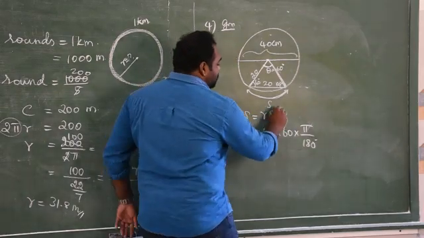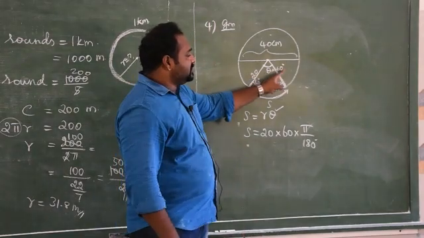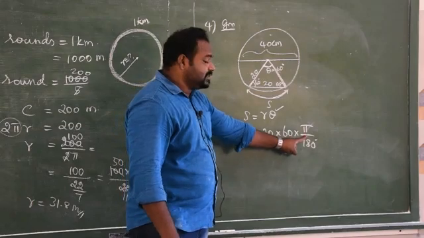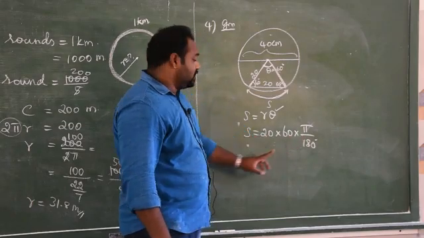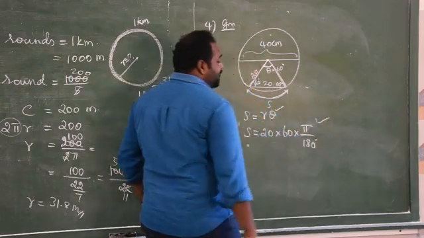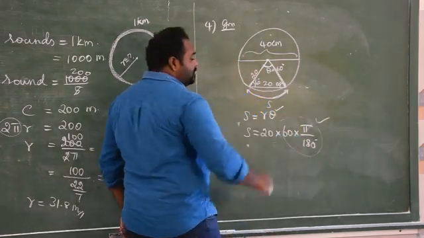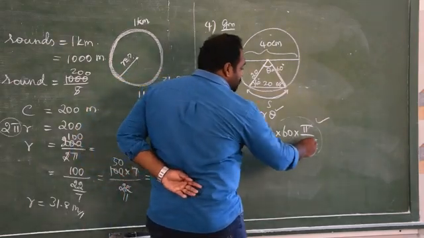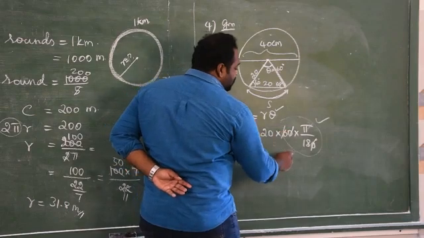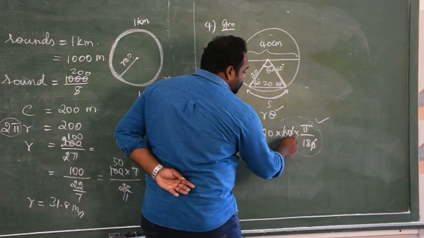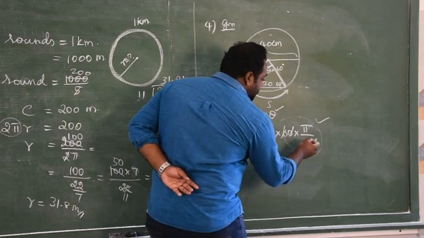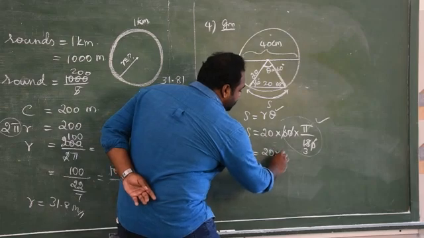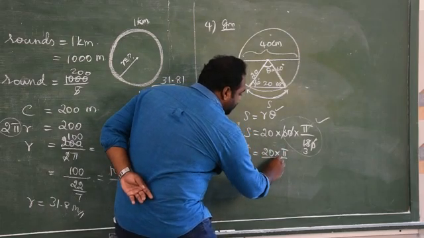So as we know theta is equal to 60 degrees, we can't take 60 degrees directly here. It is the wrong answer. So we have to multiply with pi by 180 to get the right answer. Always keep that in your mind: always multiply degrees with pi by 180. Then only can we have cancellations. So the 0 cancels, one time, 3 times. So this is pi by 3, S equal to 20 into pi by 3.